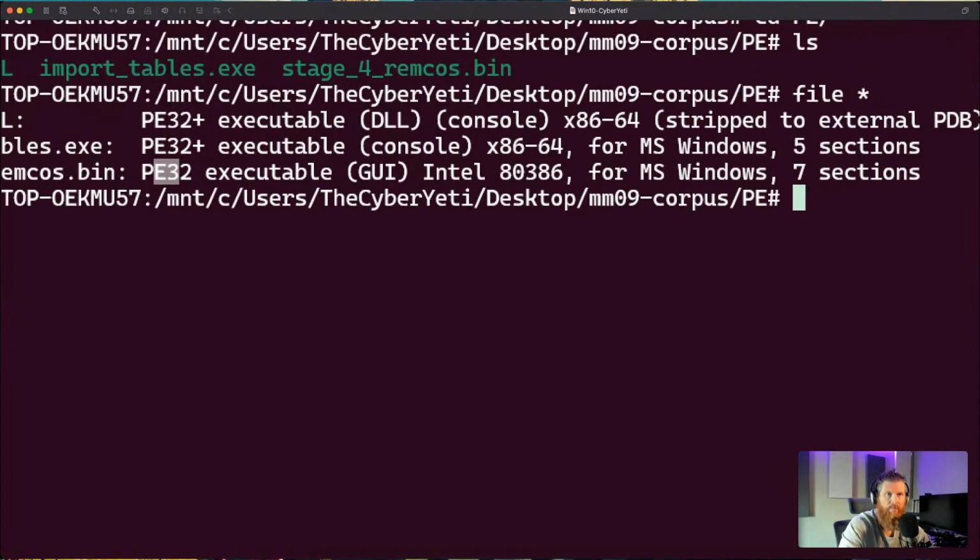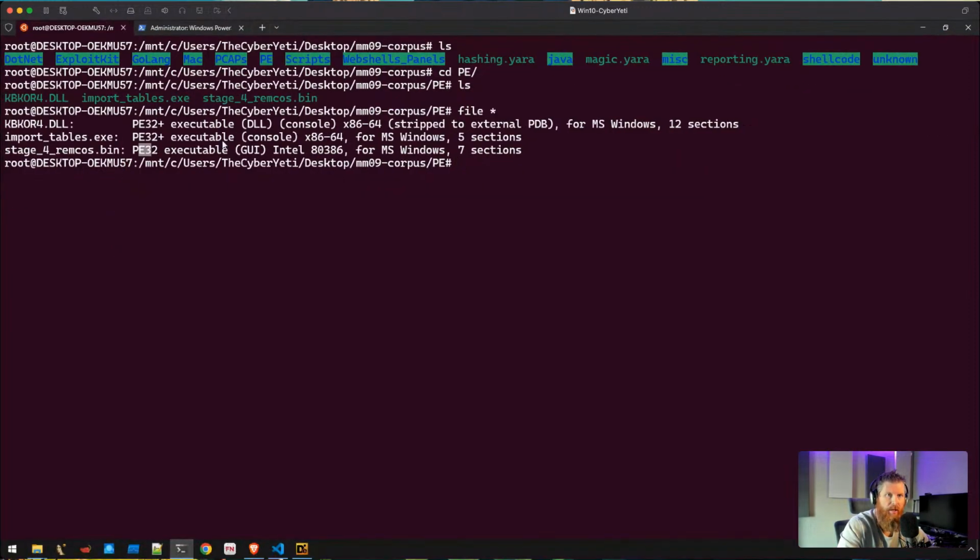Usually it's pretty obvious that we have a PE file because we have PE32, PE32 plus, and then the rest of the string here. The difference between PE32 and PE32 plus, and you can kind of see it here in the remaining output, is that PE32 would indicate a 32-bit file, as you can see here with this 80386, and PE32 plus would indicate a 64-bit file. And so that's also sort of indicative here, x86-64. So that helps, and it's very clear here that we're dealing with a PE file, a portable executable.